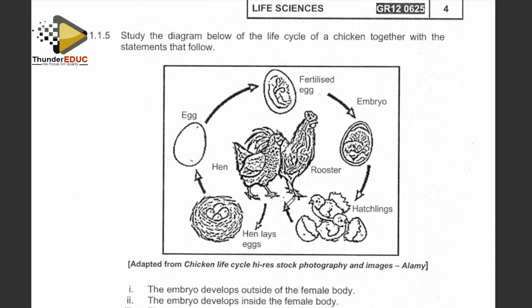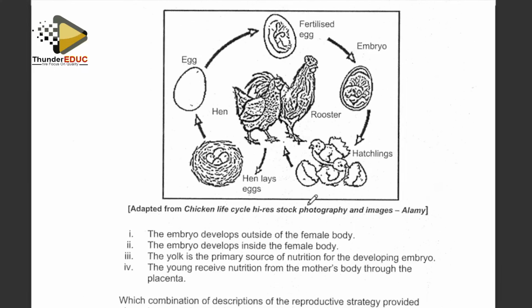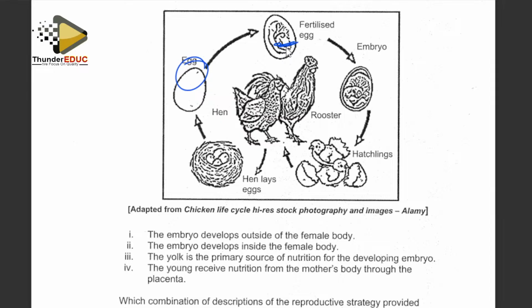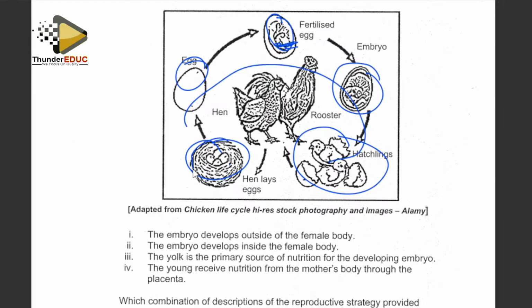All right, they're saying study the diagram below and try to answer the following questions. In this question, they did not bring 2 or more questions on the same diagram. They just brought 1 question. If you look at it, you have the egg, the embryo is developing. Now the baby comes out, and you see that the eggs are being hatched. So you will see that there is no fertilization taking place, meaning that the fertilization was internal, but the development is outside the mother's body.